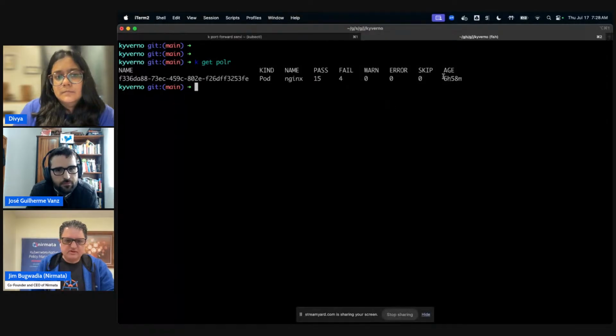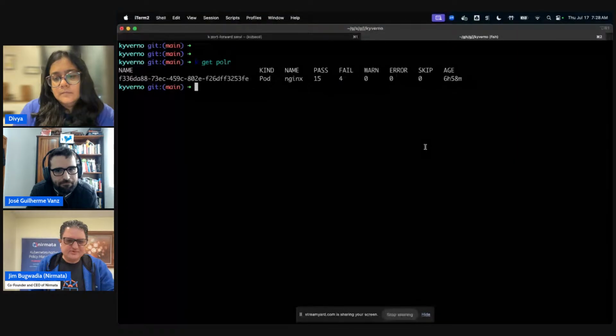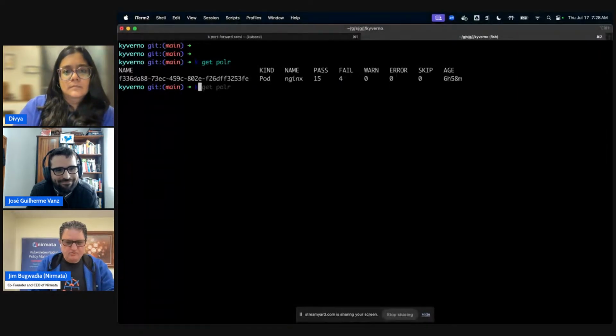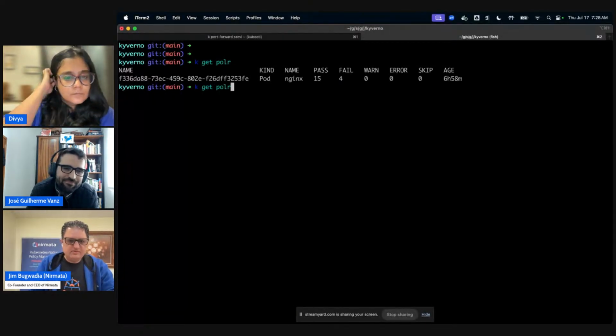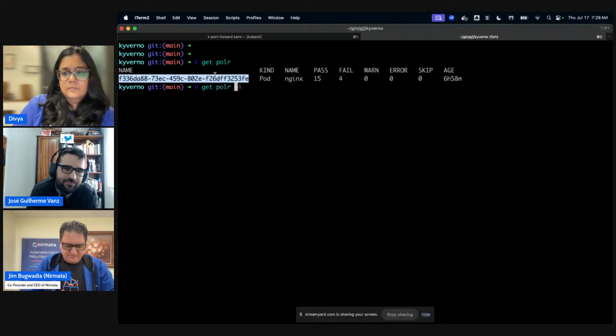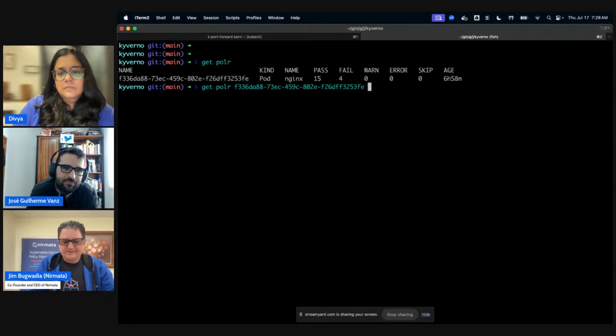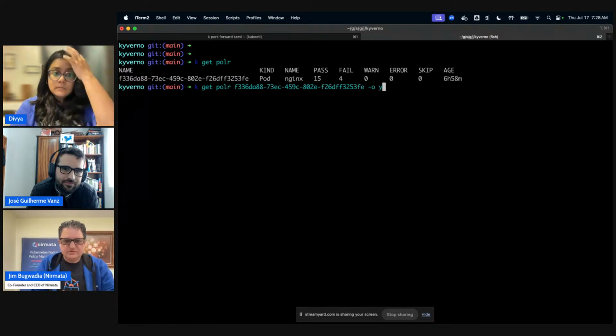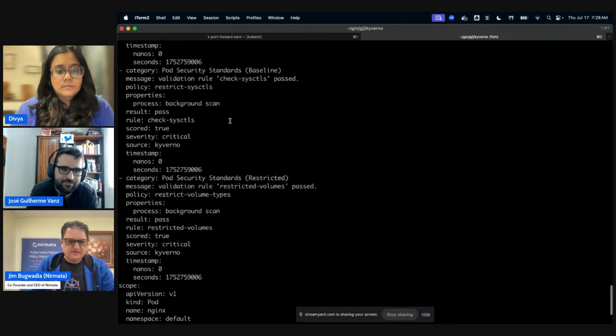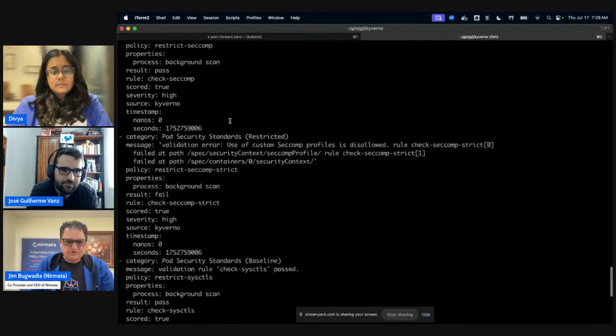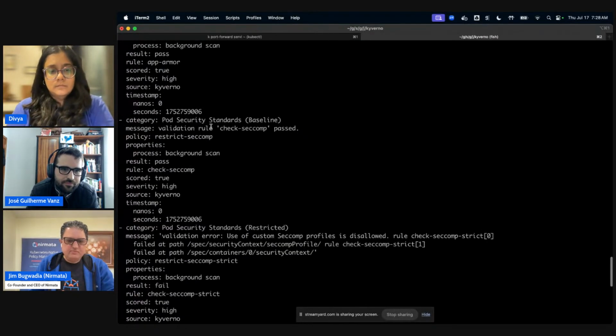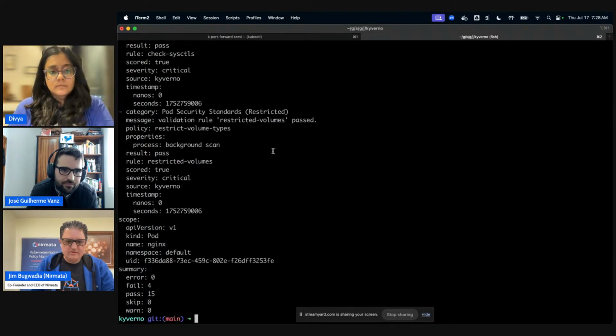Right? And this was created last night when I just created this cluster for this session. And if I want to look at it here, of course, I can look at the report too, but it's a bunch of YAML, right? So now, obviously, this is where you need, like Jose was saying, other tools to look at the report. But if you just want to see what this looks like, it's readable. You can process it. It's in that API format that we saw earlier.